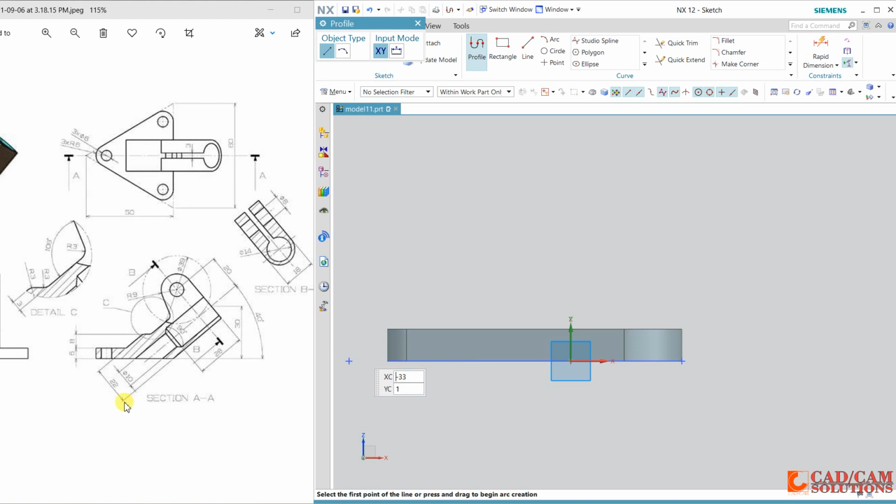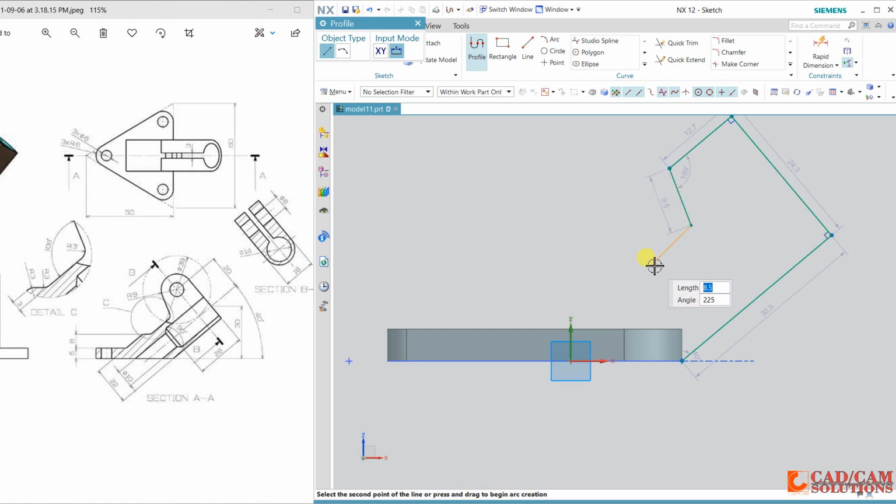Now I will start from this base and draw approximately 28, at an angle of 40 degrees, and draw a perpendicular line, again perpendicular, and a little bit of taper. You can see here the angle is 108. I will define it later.